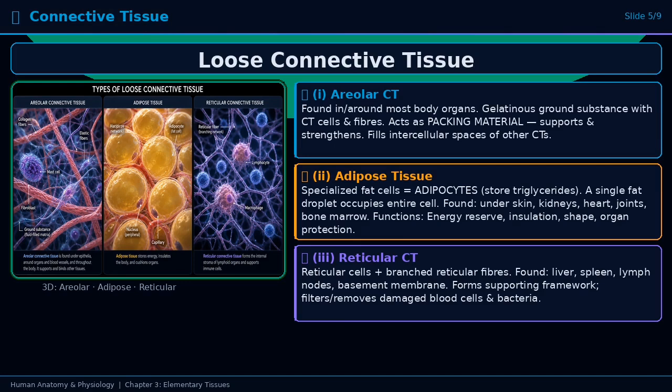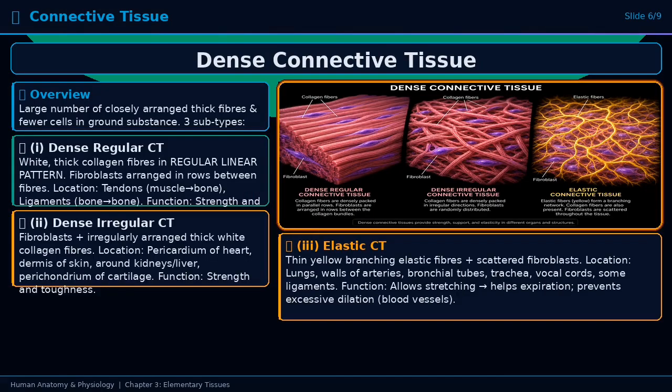kidneys, heart, and joints. Reticular connective tissue consists of reticular cells and branched reticular fibers, found in the liver, spleen, and lymph nodes, forms the supporting framework of these organs. Dense connective tissue consists of large numbers of closely arranged thick fibers with fewer cells scattered in the ground substance. It has 3 types. Dense regular connective tissue, closely arranged white collagen fibers in a regular linear pattern, provides strength